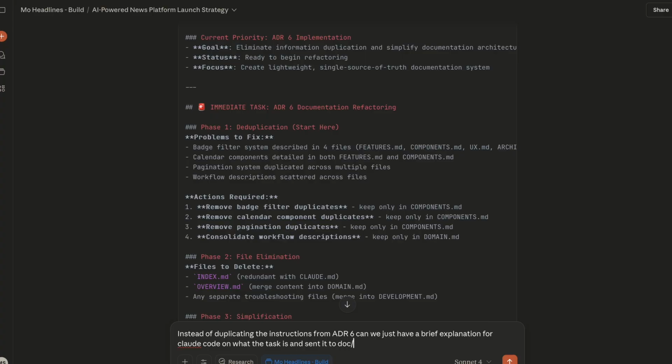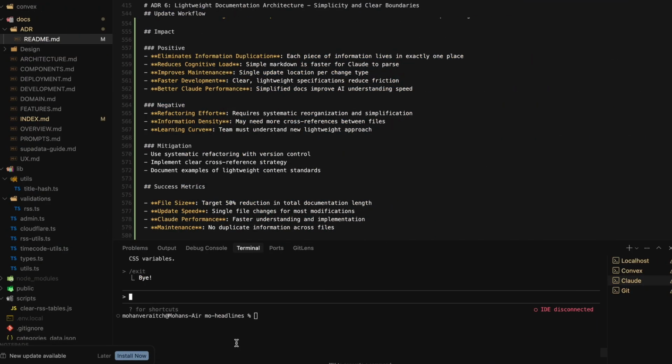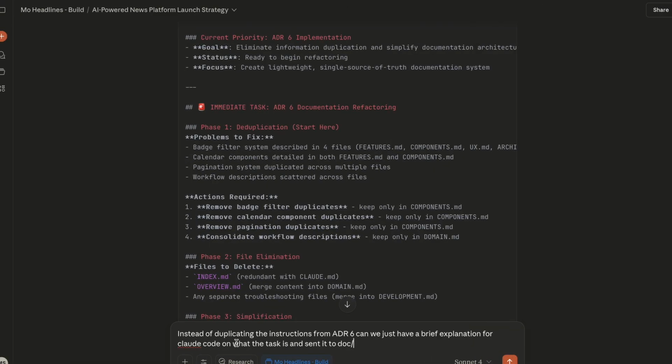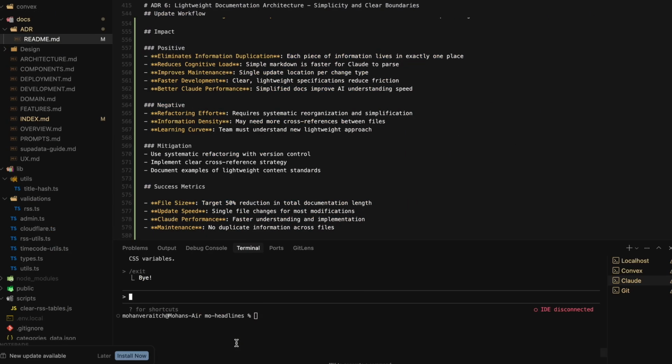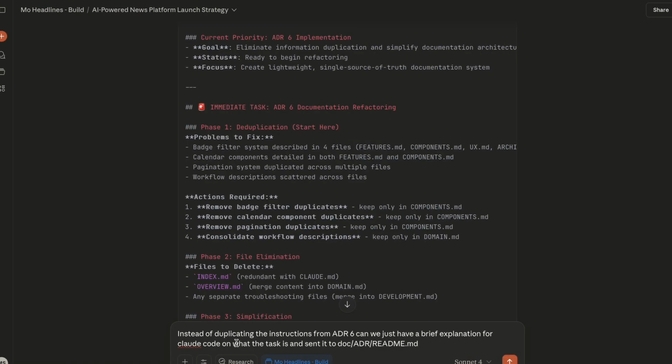I'm going to give it the actual path here, so it's docs ADR README. Then a brief explanation for Claude Code on what the task is, and send it to